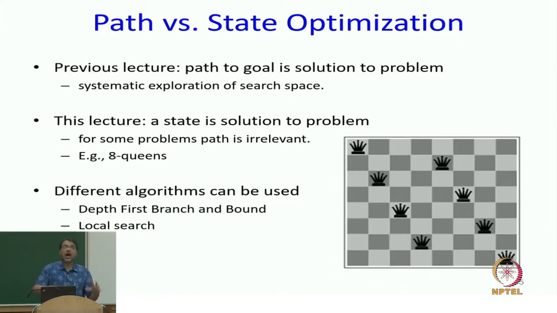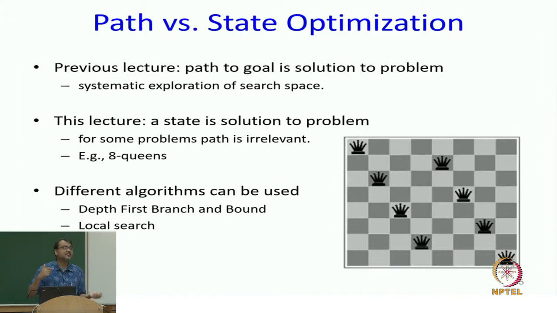Now, in this situation, how did we model it as a search problem in the previous lecture slides? Does anybody remember? What was my start state? Empty board, very good. And what was each action? Add one queen, very good. And what was my goal test? All the queens have been placed and no two queens are attacking each other. Everybody with me? This is how we modeled it and there is nothing wrong with it.